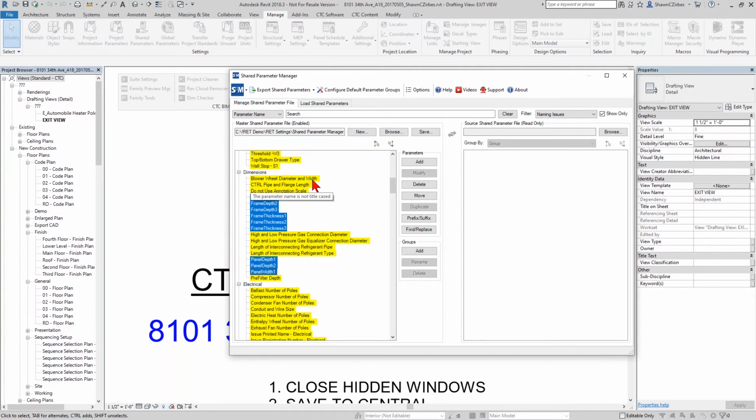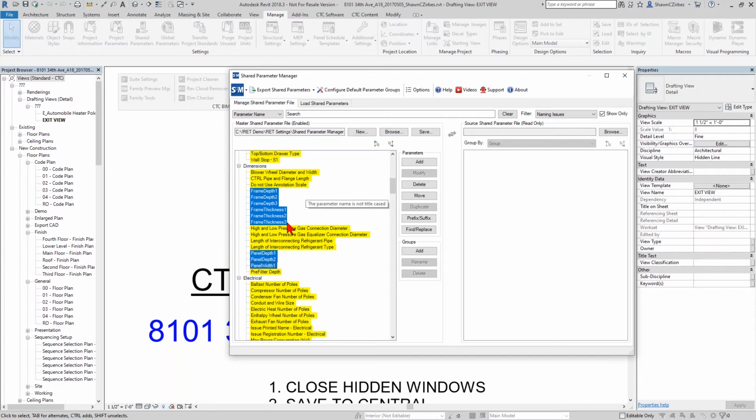Well, that's fine because you know what, it's actually an okay name. But some of these are actually problematic and I might want to handle those. So with these selected parameters right here, I can actually do a find and replace. So instead of needing to double click on each one individually and fix each one by one, I can do